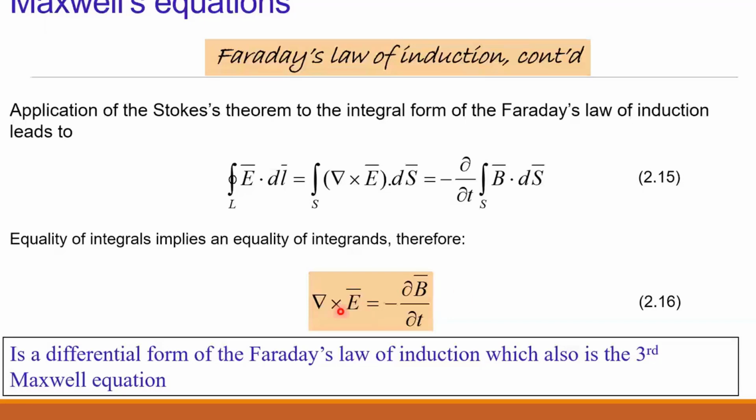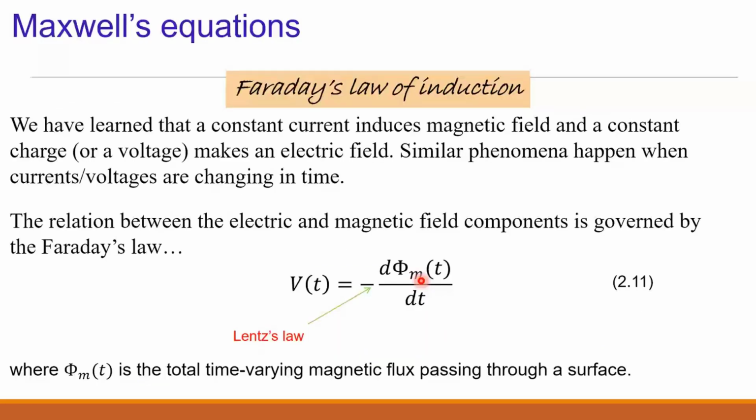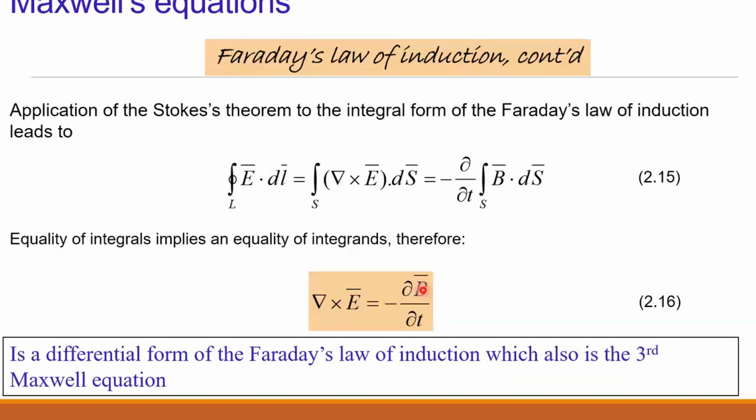So after equating all these quantities as per equation 2.15, what do we get? This surface integration is equal to this B dS integration, so we can equate these two quantities. The integration is the same, we have removed it, but this derivative we have to keep as it is. So del cross E is equal to minus dou B bar with respect to dou t. This is the point form of Faraday's law.